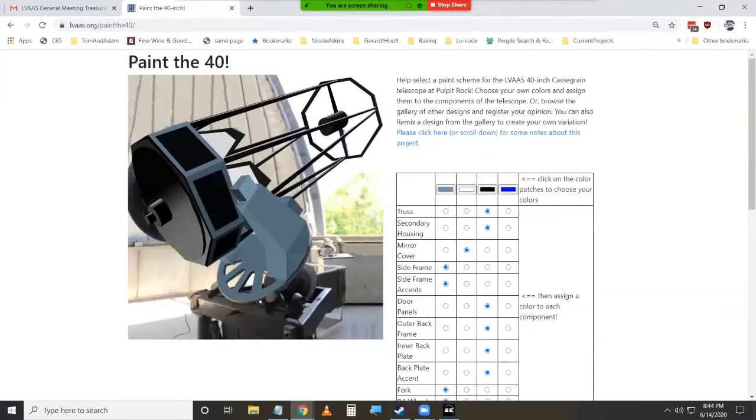But at one point in time, a coat of paint was put on it, and it sort of looks something like this. And it's all apart now because the paint has failed, and the rust has taken over, and we have to repaint it. So we're having a little, not exactly a contest, but sort of a suggestion box thing to say, what color would we paint the telescope?